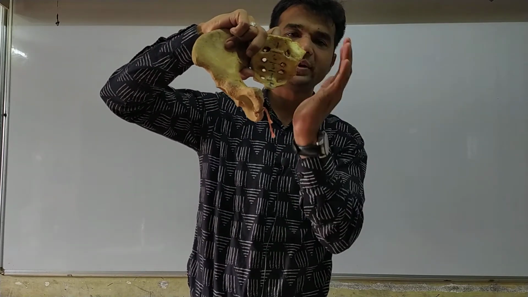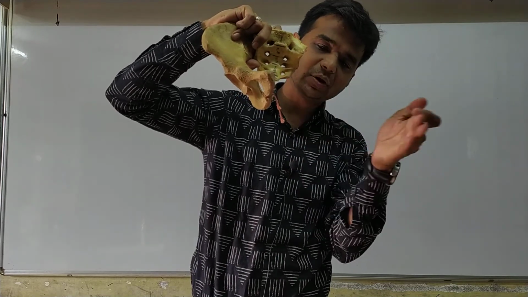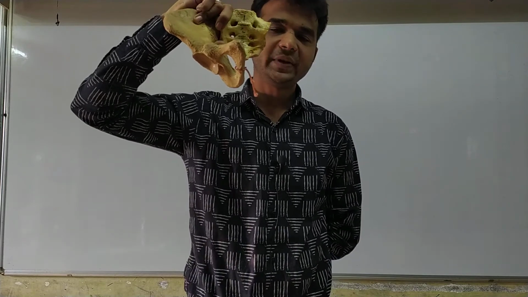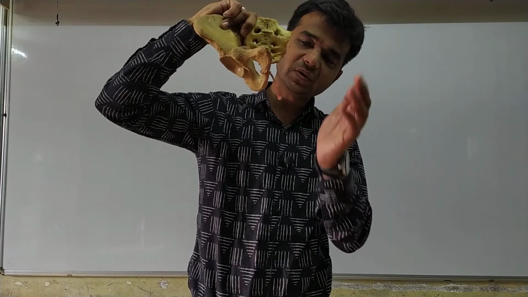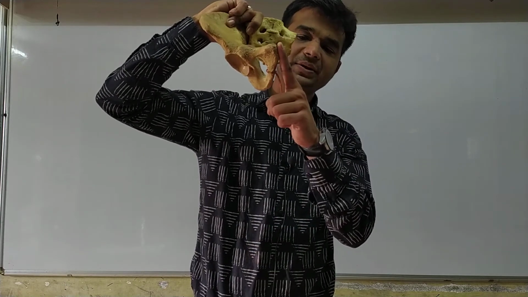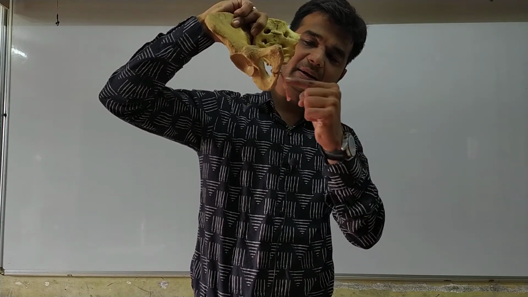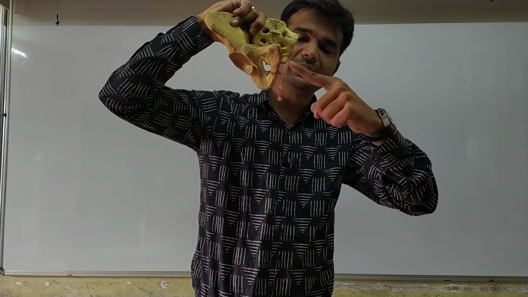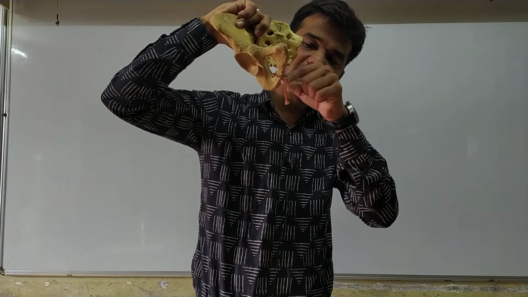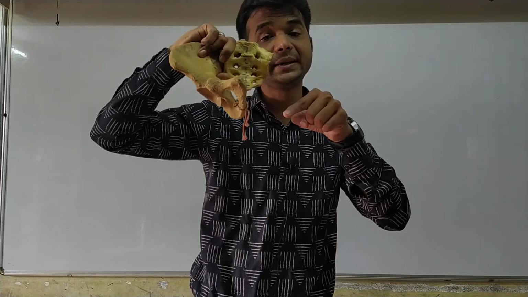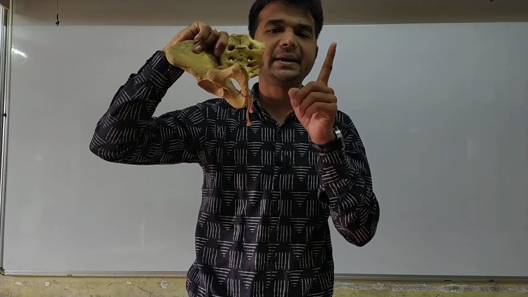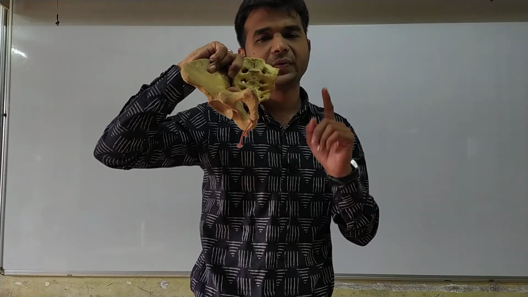Another hip bone is connected here, and the pubic bones join together, facing each other in front, and form the pubic symphysis. Here it forms the angle. One pubic bone angle is here, one is there, and one margin is there. If this angle is less than 90 degrees, then it is of the male, and if it is greater than 100 degrees, it is of the female.